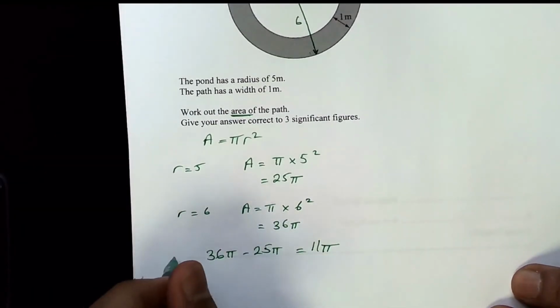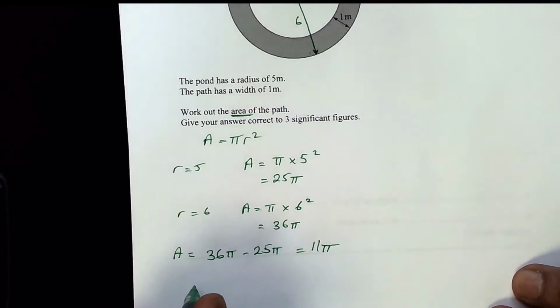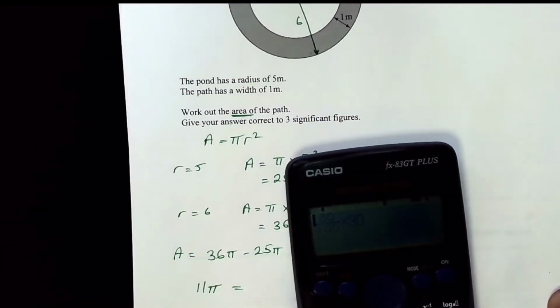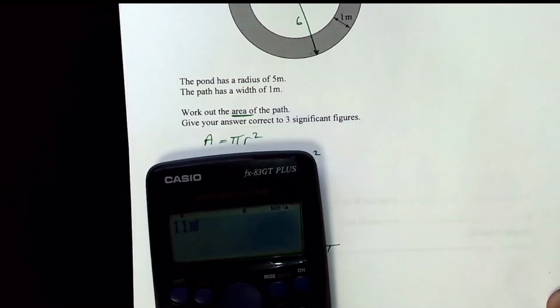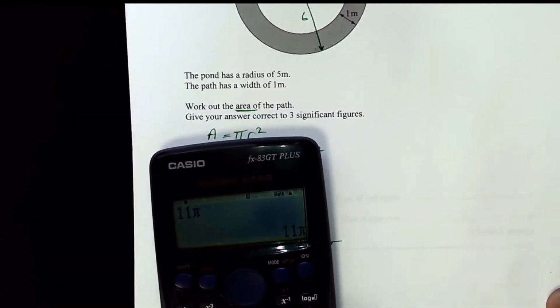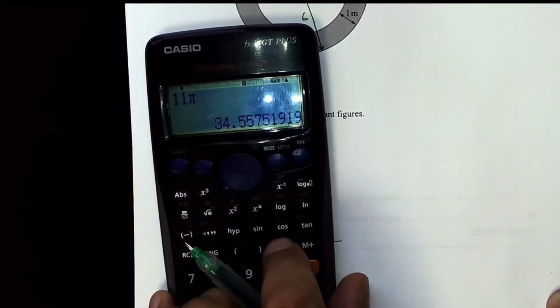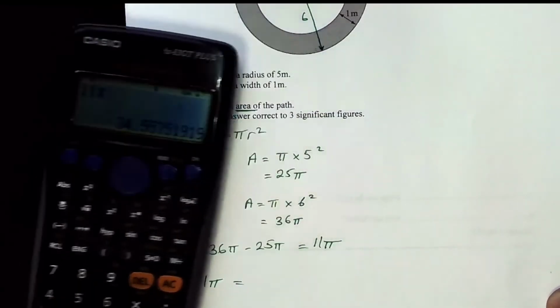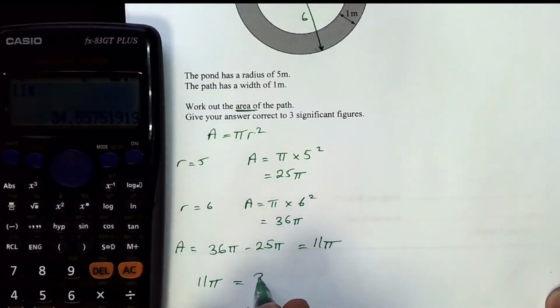So that's the area of the path. Now 11 pi, and I'm now going to use my calculator. 11 pi on my calculator equals, and use the SD button on my calculator to convert it. So the area is equal to